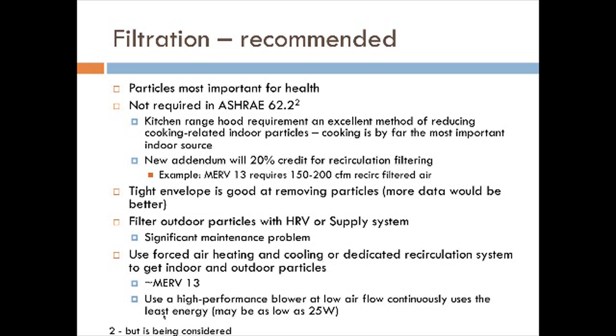So, just going to the bullets at the bottom of the page here, because you don't need the much higher airflow that you would normally have for a heating and cooling system, this means you can maybe take your central forced air heating and cooling system and only operate it periodically, or if you install a very good variable speed blower, you can operate at the lowest speed, and that gives you very big benefits in terms of reducing the fan power requirements in order to do this filtration. And I've seen systems running down in that 150 to 200 CFM range, with a well-designed low-pressure drop duct system, where you're looking at maybe only something like 25 watts continuously to provide this